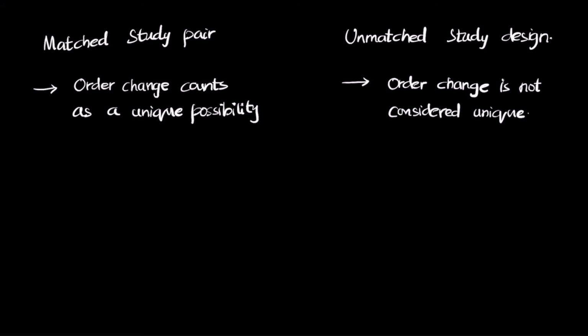For example, if you choose a 2-letter word from 5 letters, AB is different from BA. This is the idea in a matched study pair, which means that permutations are used here. Even the order change is a unique quantity. In an unmatched study pair, when you have 5 students and you are choosing 2 of them, it doesn't matter whether you choose A comma B or B comma A. These students are unique from each other, and there is no pair uniqueness.